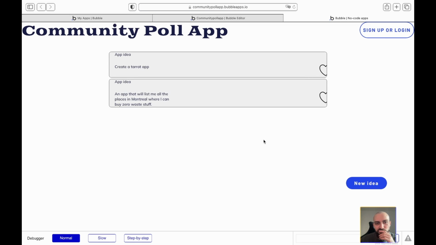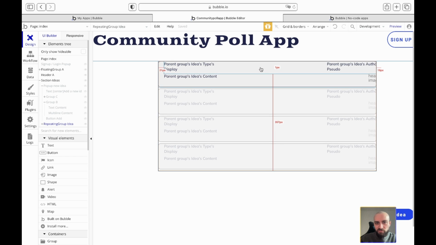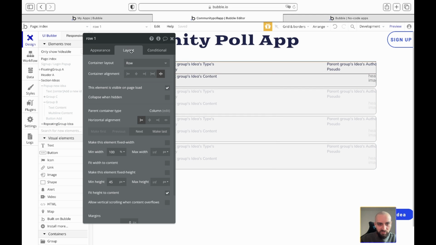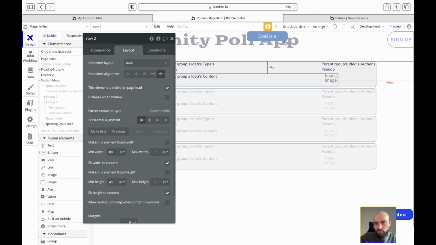okay, so something is wrong with, I guess, it's probably due to the margin, because I said that my row should take 100% of the space, and then I moved it a bit, so I guess that's why the text is on the side. So instead of going with 100%, I would just go with maybe 80, and same below,